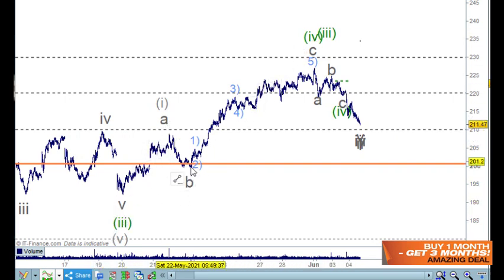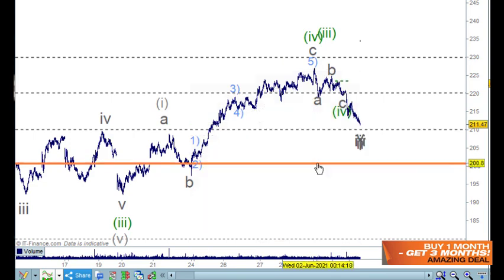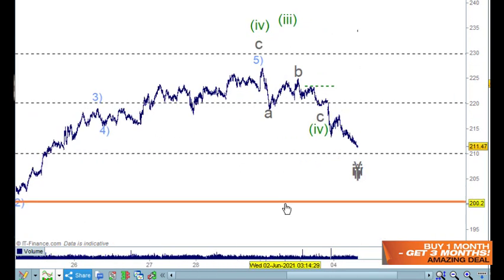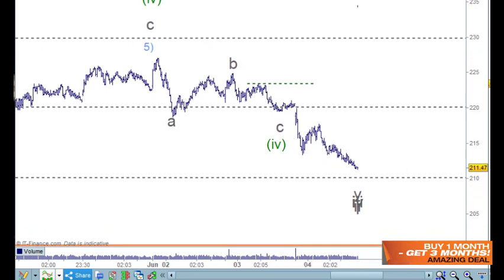So 1 and 2 here and then going up for 3 here, and we're looking for wave 4 here, and the 38.2% retracement level is just sort of where those labelings are. So it's moved through that quite a lot, and I can see that it needs to move through a little bit further. It's possible here that we could put wave C down here as wave 4 down here,